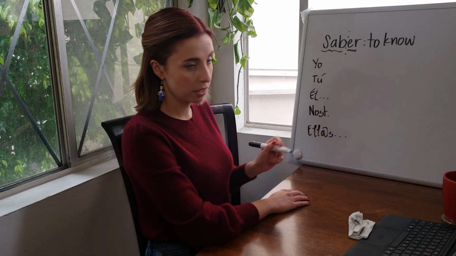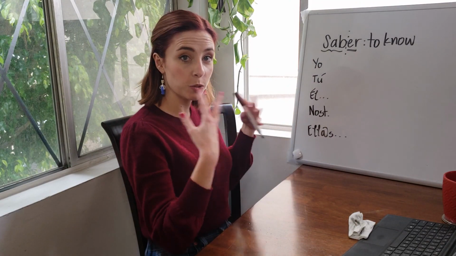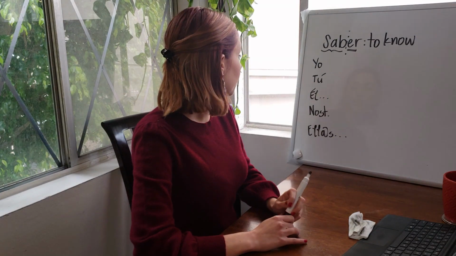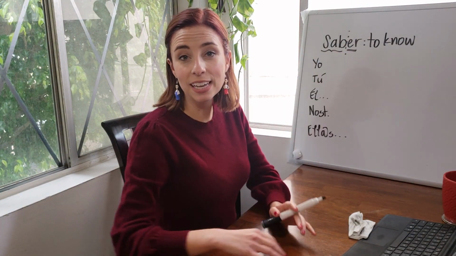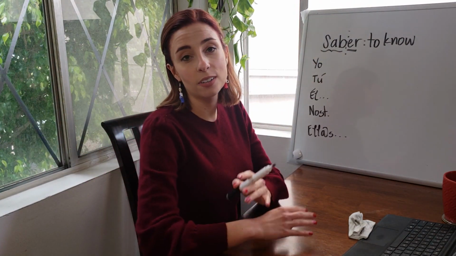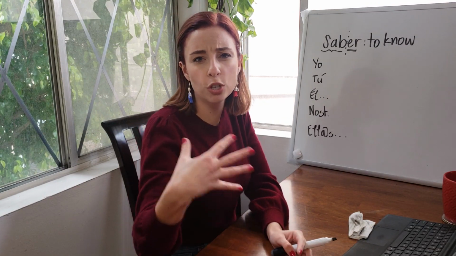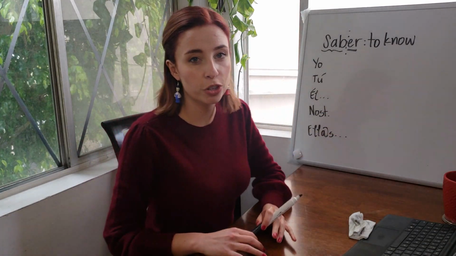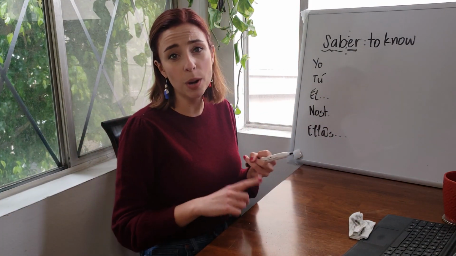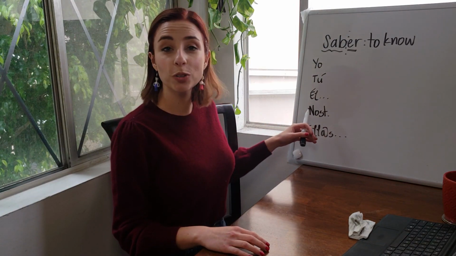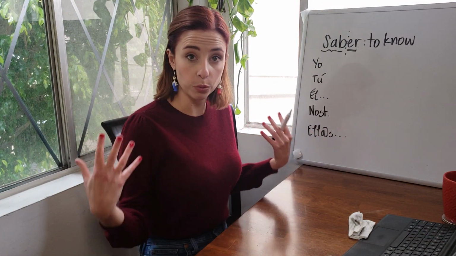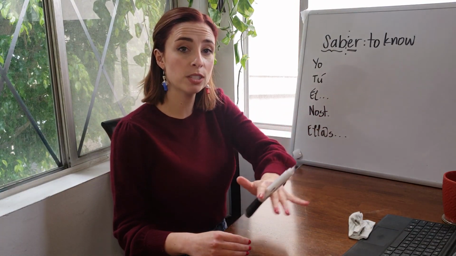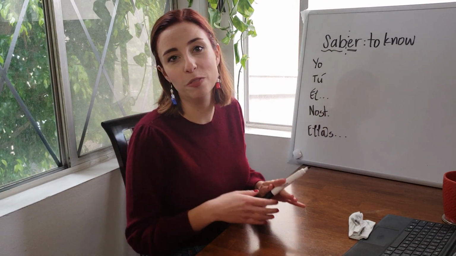Remember, yo is when you're talking about yourself. The speaker is referring to himself, herself, themselves. Tú is when you're talking to someone. Él is when you're talking about a boy. Ella, about a girl. Usted is when you're talking to someone, but you want to show respect because they're in a position of authority above you, so they share the same third person distinction. This can also be used for proper names or nouns. Nosotros is when the speaker is referring to themselves in a group, and ellos and ellas both refer to a group of people or group of nouns. Ustedes is when you're talking to a group of people.